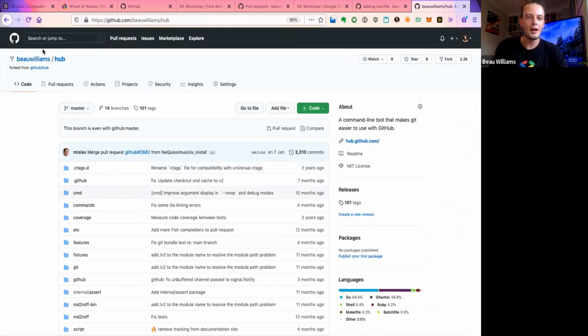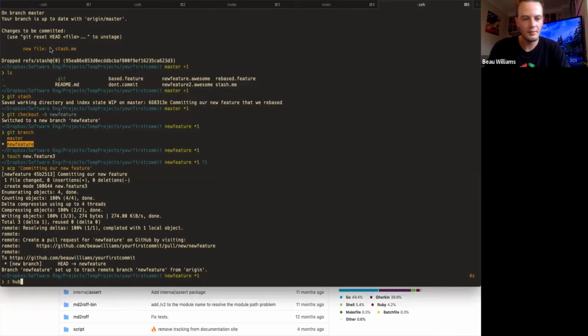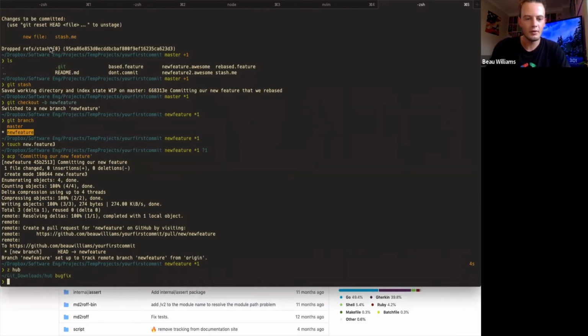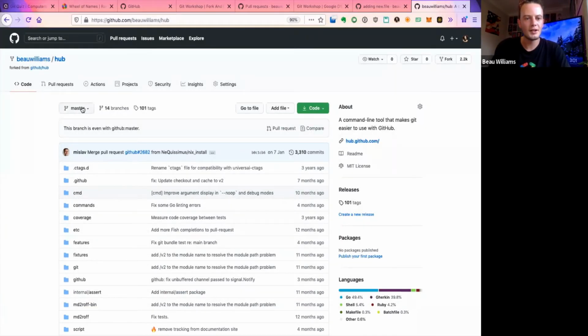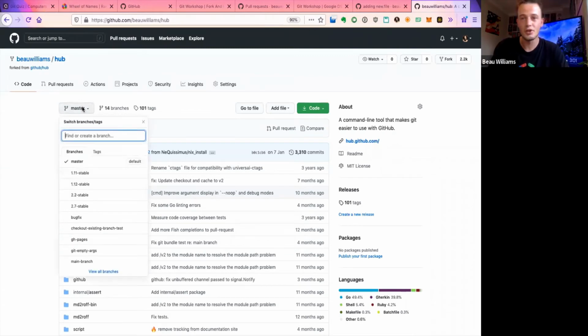Now I can then clone this. Let's go to Z hub because I've already cloned it before, and we've got this branch called bug fix. Awesome. I'm actually going to change the branch in GitHub right here because I've already pushed some changes to it, and we already know how to push changes now.